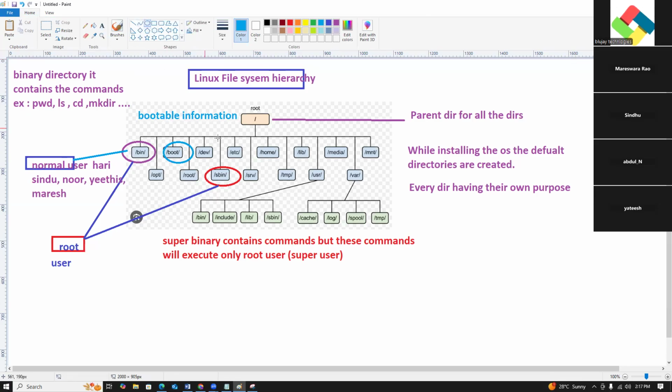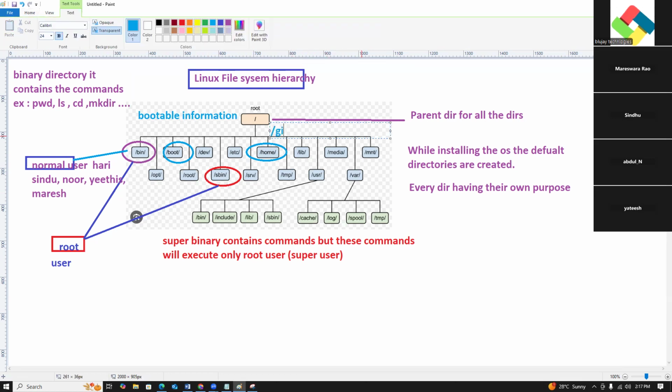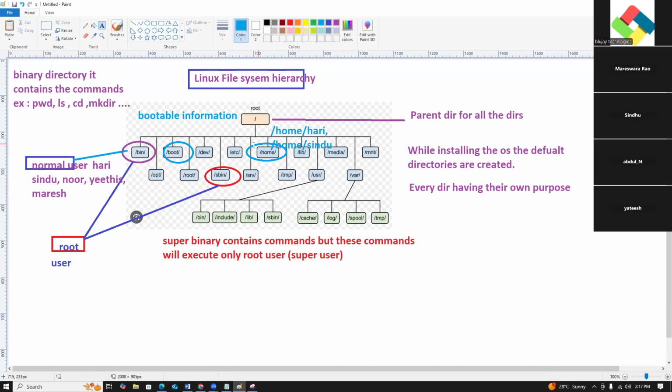What is the home directory, guys? A normal user's home directory will be under slash home, like slash home Hari, slash home Sindhu. These are all normal users, and their home directories are under slash home. What is the root user's home directory?